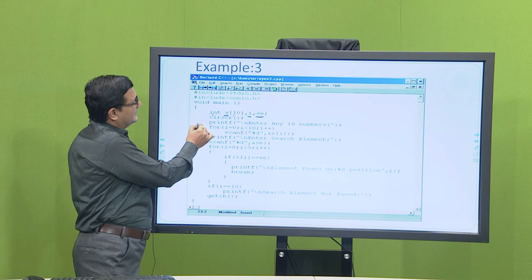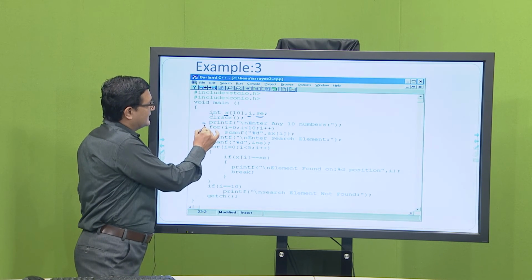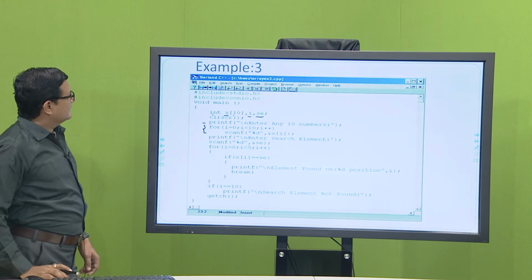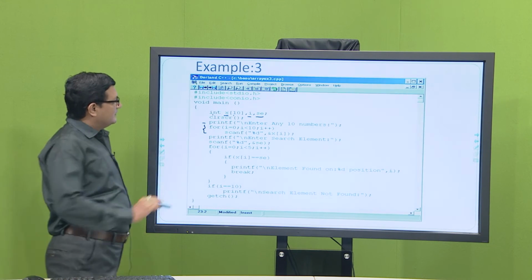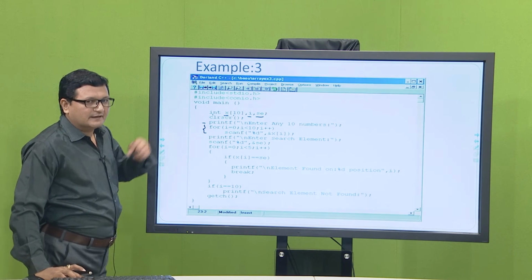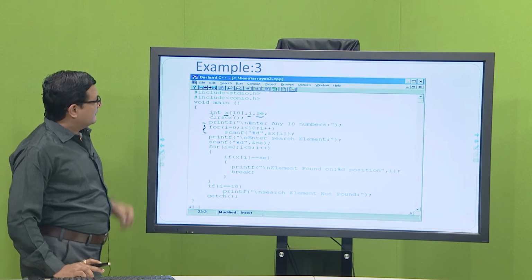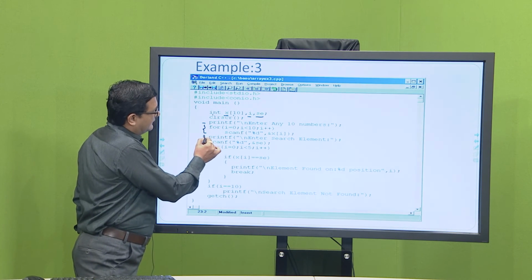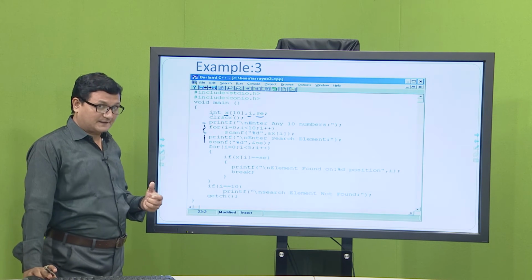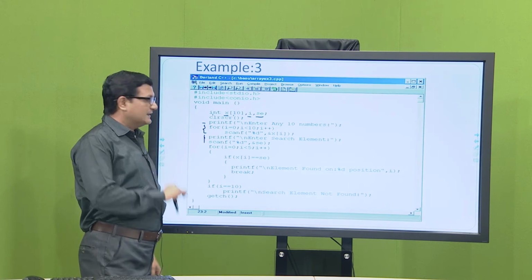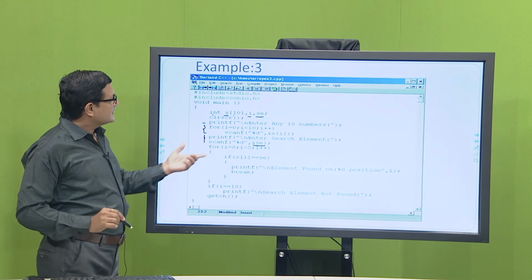Now, first of all we are just prompting the user to enter 10 numbers, and then whatever 10 numbers are entered by the user, those numbers we are scanning and putting into the array x, right. So, now the loop will run 10 times, it will take 10 integers and they will be stored in the array x. Now, what we will do is we will just take one more element, right. We are just asking the user which element they want to search. Okay. Now, whatever element is entered by the user, that element we are scanning into the search element